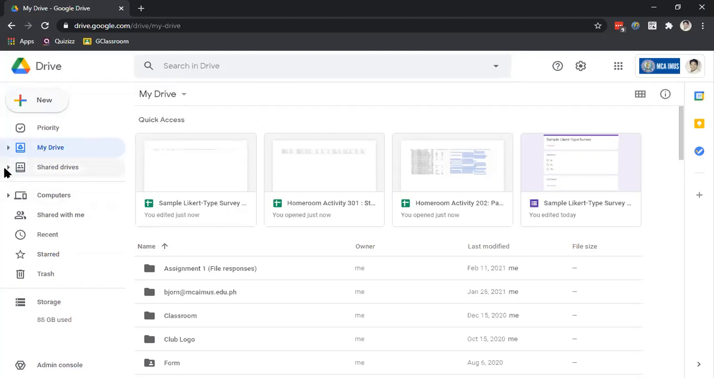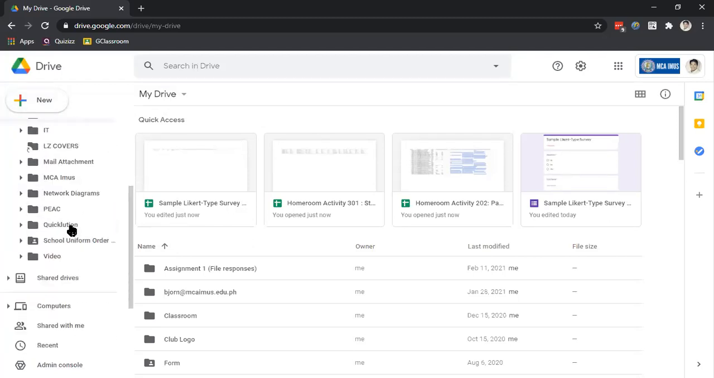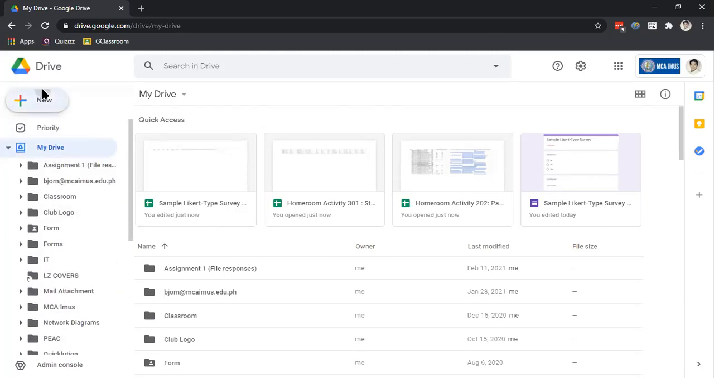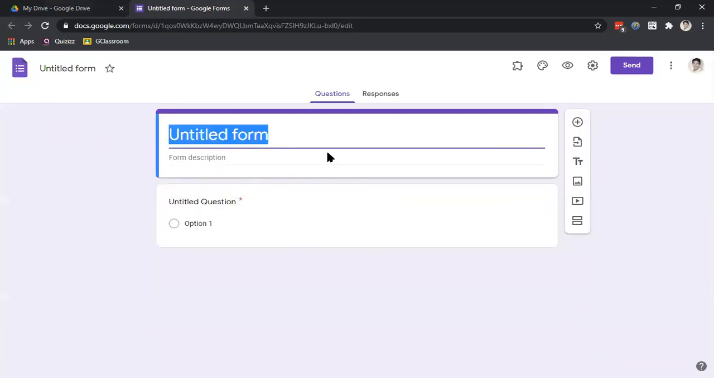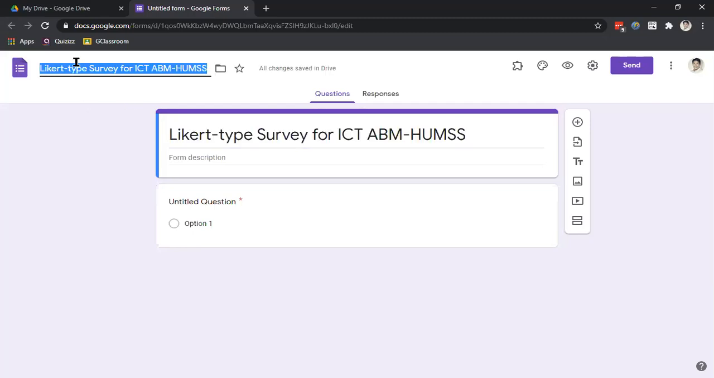Okay, so click New, then Google Forms. So let me entitle this sample Likert type survey for EBM Humes. Okay, there you go. So in creating a Google form, the first thing that you want to do, if it